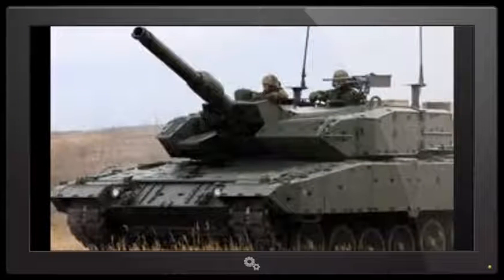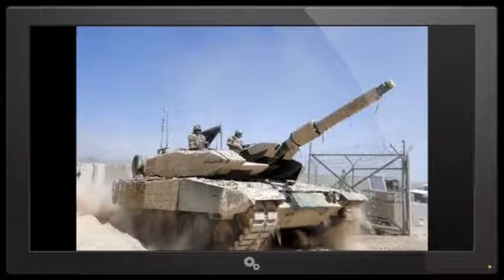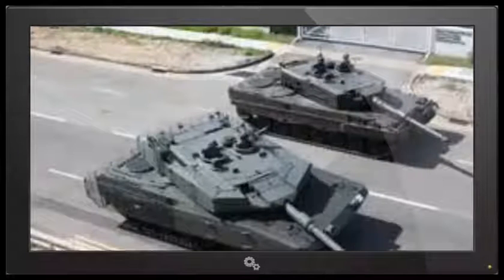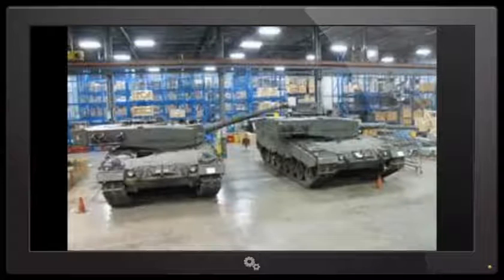But that said, they say the Challenger 2 tank is the most undestroyable tank on the planet right now. All tanks burn, and every tank has an Achilles heel. So when Canada designed what they wanted on their tanks, it was very specific to Afghanistan. So if, let's say, World War III did break out, what would we do